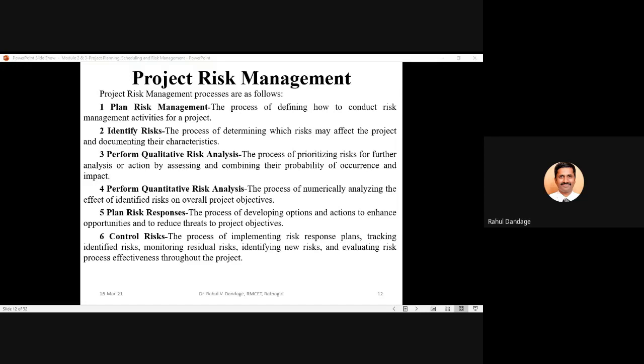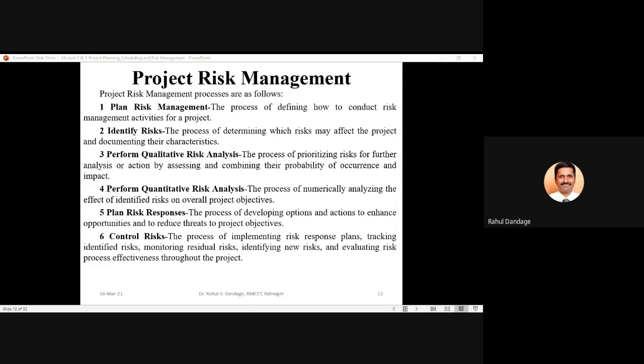The next is that we should plan certain responses to each risk category which has been identified. Whenever we go for planning the responses, we should first try to understand the characteristics of the risk, and then plan the responses to these risk categories based upon their characteristics.